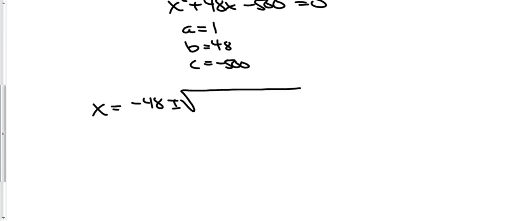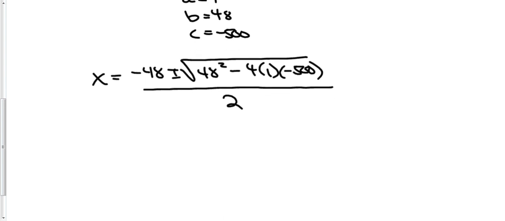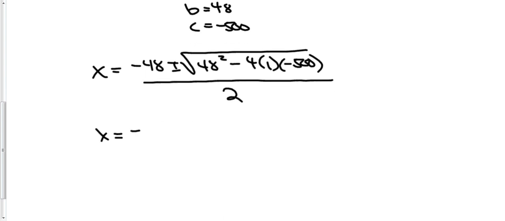or minus the square root of 48 squared minus 4 times 1 times negative 500, all over 2 times 1. Okay. Plugging this into a calculator gives me x is going to be equal to negative 48 plus or minus the square root of 304 over 2, which gives me,